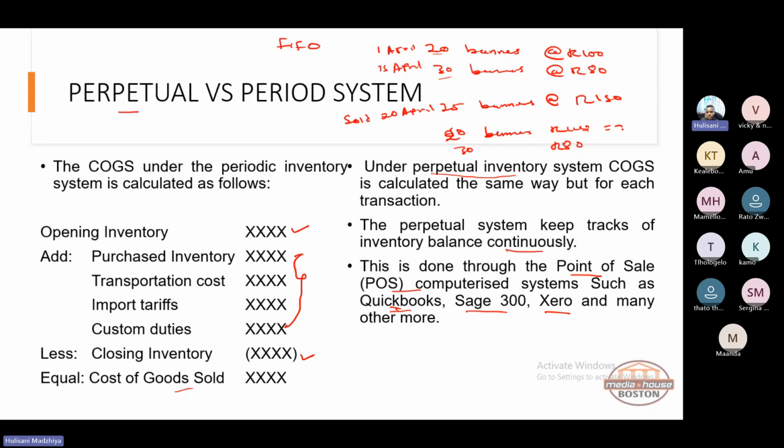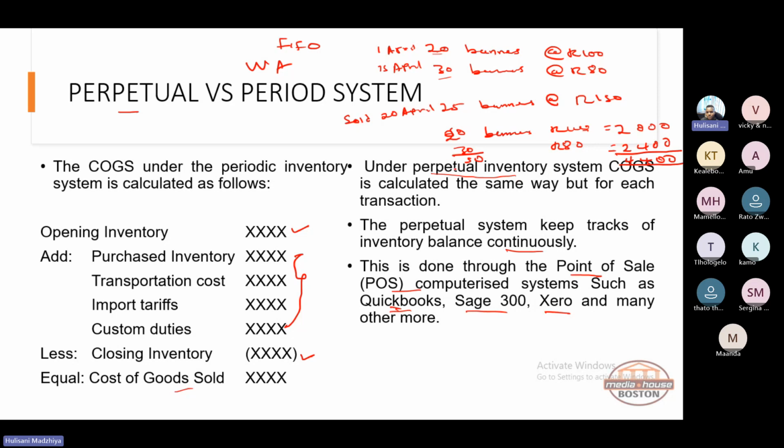So here you have got 2,000. Here you have got 2,400. So the total cost of buying the stock that you have during this period was 4,400 and the total inventory was 50. So this means that if we were to use the weighted average method,